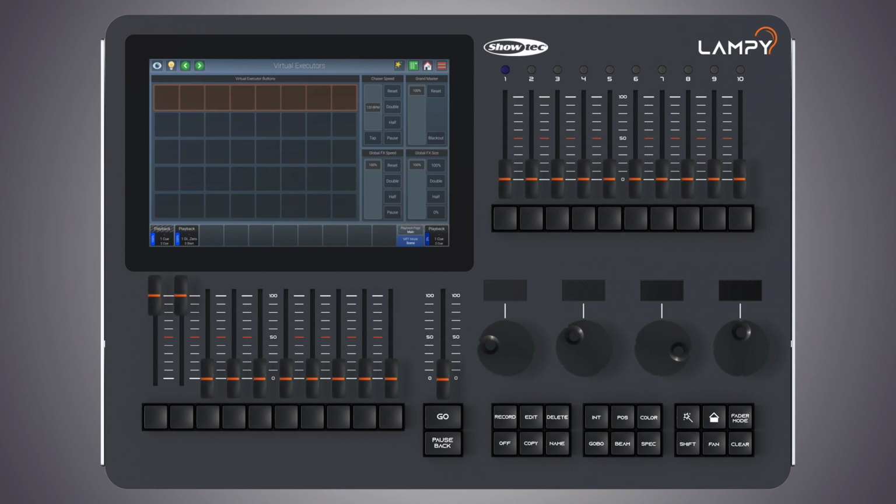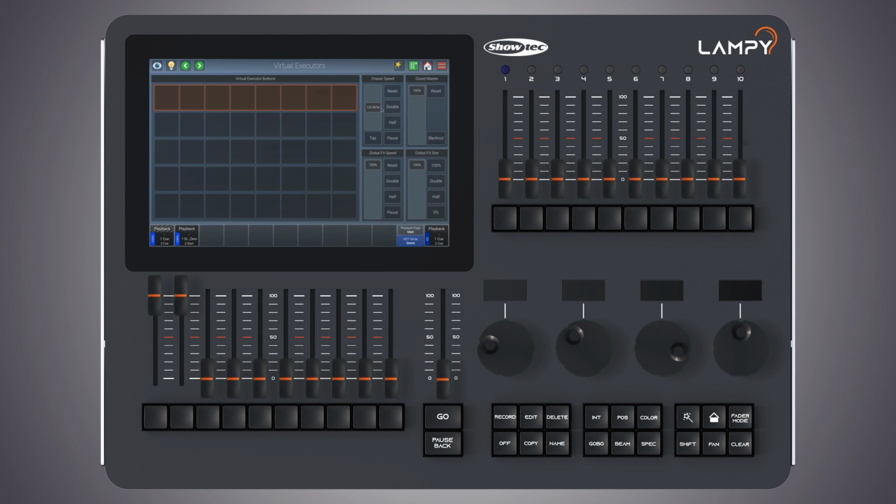The icon in the button also indicates if one of the masters within the window is active. Whenever one of the masters is at a different value than its default value, the icon will be shown in orange. When the Grandmaster is at 0, the icon will be displayed in red.